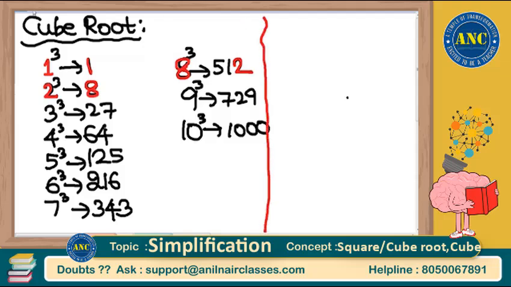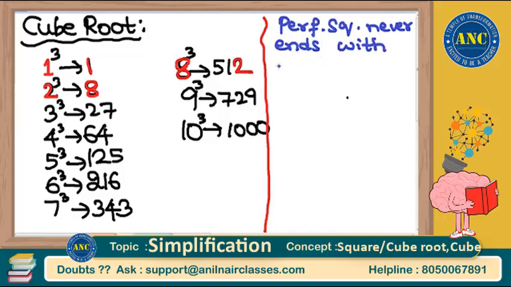We wrote a concept in our squares called a perfect square. A perfect square never ends with 2, 3, 7 or 8. I believe that you remember this logic. Now observe carefully, sir. Only these four numbers 2, 3, 7 or 8, when I